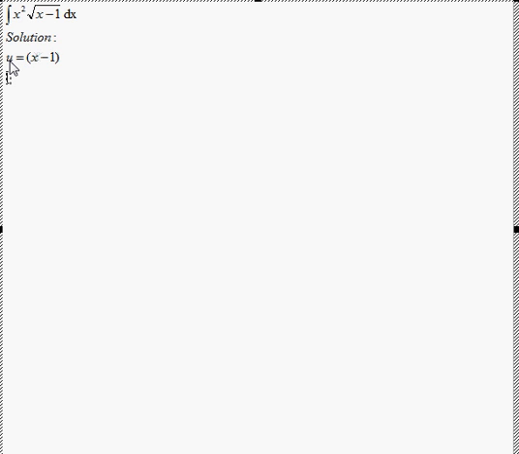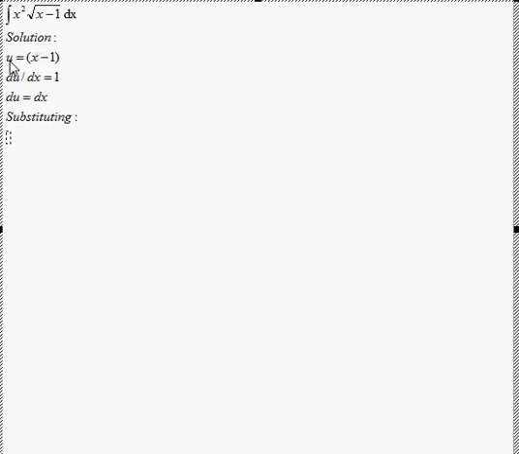So differentiating this function with respect to x would be 1, or simply du is equal to dx. Now substitute this value